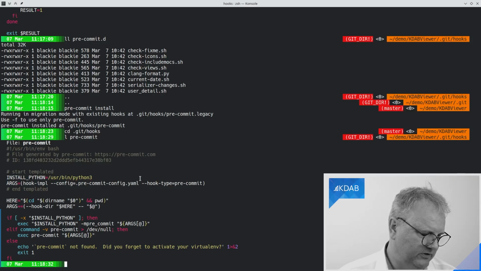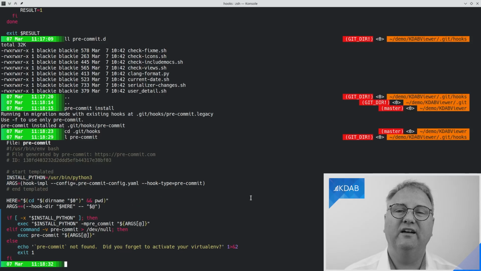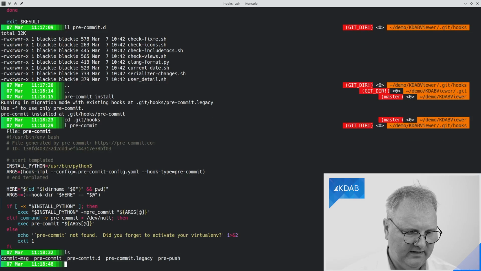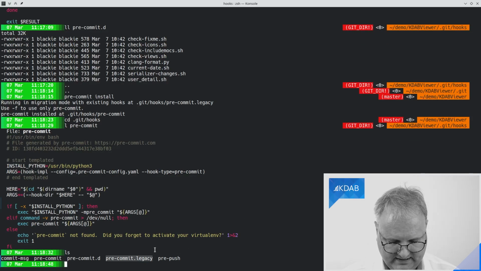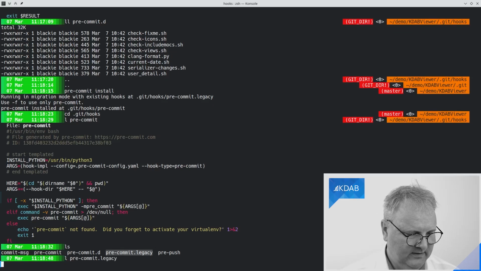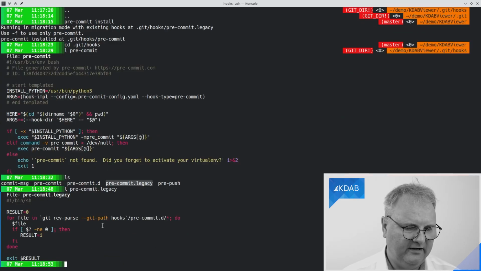And see if I can spot that here. Well, maybe it's happening inside it. What it also does is that it runs the pre-commit.legacy here. And lo and behold, that looks very much like the pre-commit we had before.